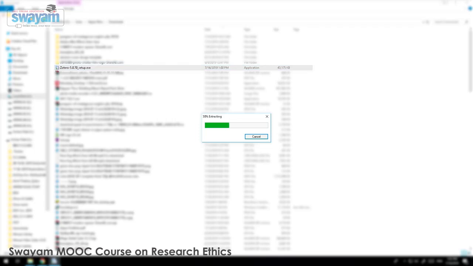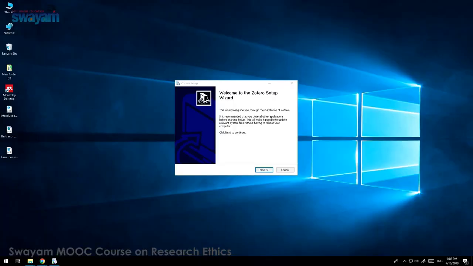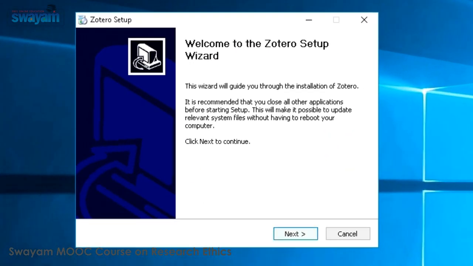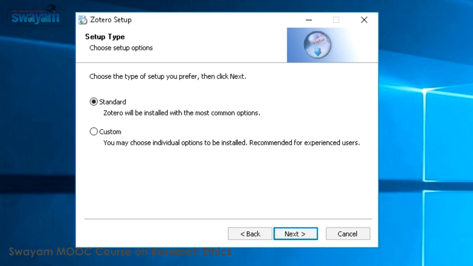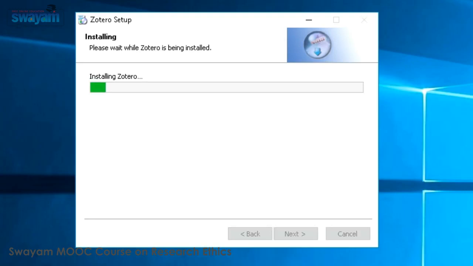The system will extract the exe file and open up the Zotero setup wizard. Just click on next, select the standard installation, click on next. This is the default path where Zotero will be installed. Click on install.